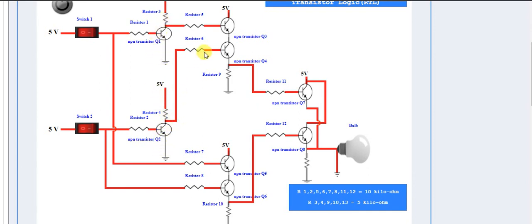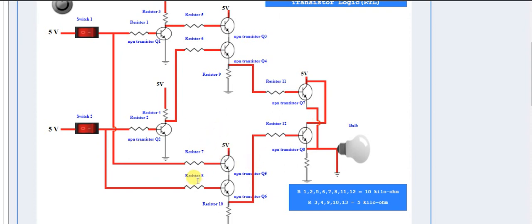The collector of this is fed to these two transistors, that is Q1's collector is connected with Q3, Q2's collector with Q4. The output of these two cascaded outputs is connected directly with one transistor Q7, to the base.